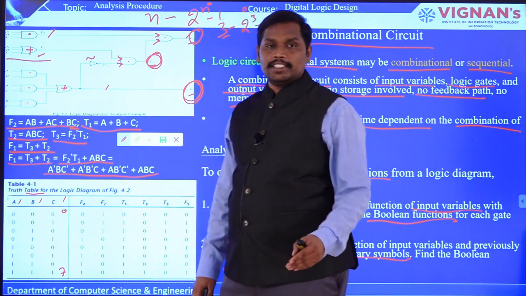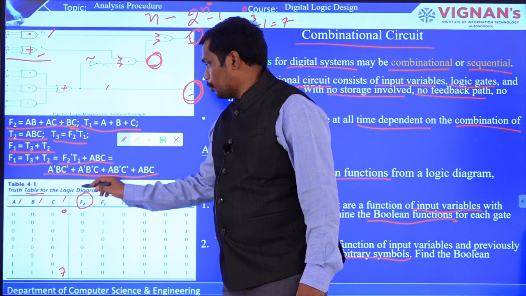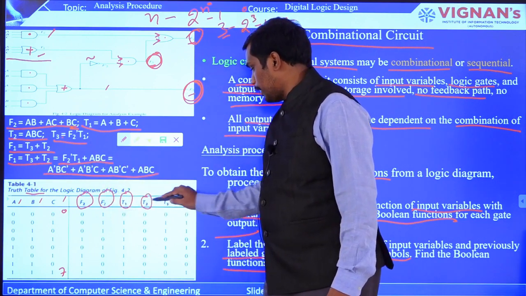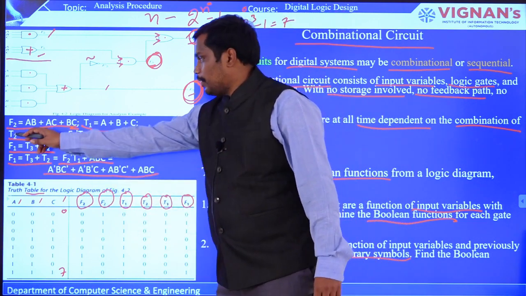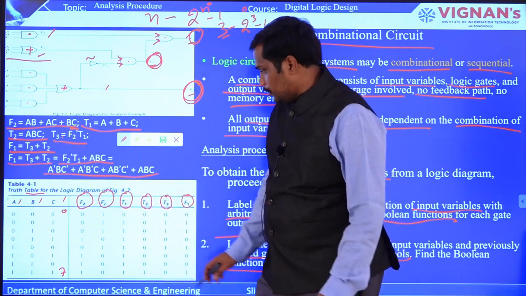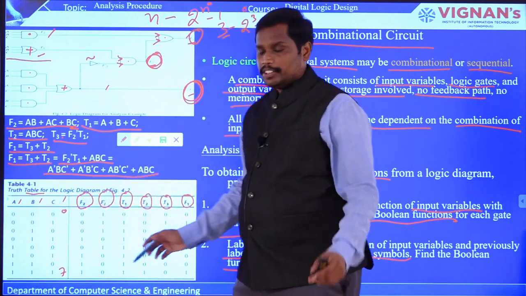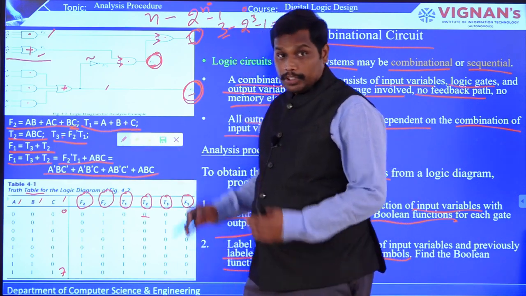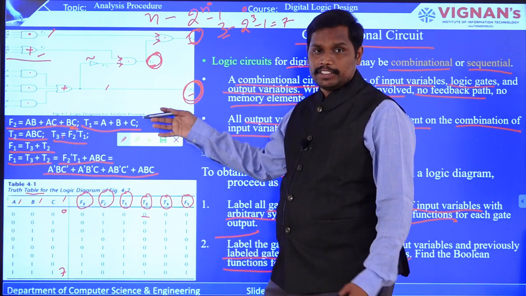So all the binary representations have been extracted for the 3 input variables, and now you are going to find out what F2 is based on the given expression. You are going to identify all the possibilities. For example, we will take T2. T2 means A dot B dot C. Here you can see T2 is 0 dot 0 dot 0, which is 0. So you are going to have 0. Now you can see T1. This is how you are going to construct a truth table based on the logic diagram and the Boolean functions that you extract.